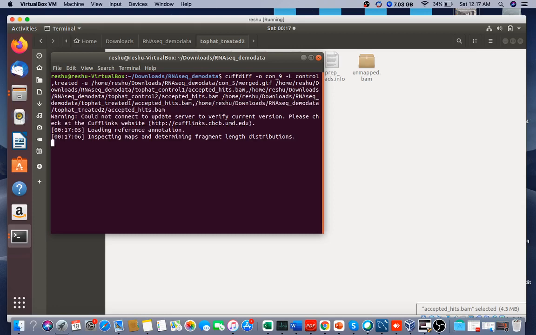And now it will pick the folder with the name of con_9. Let's see how much time it is going to take.